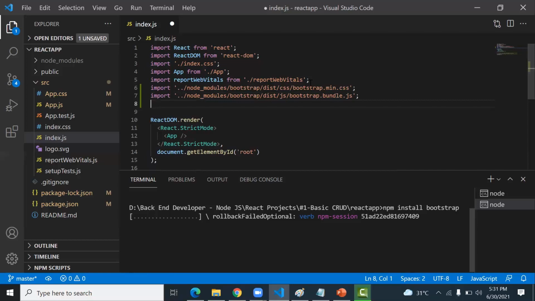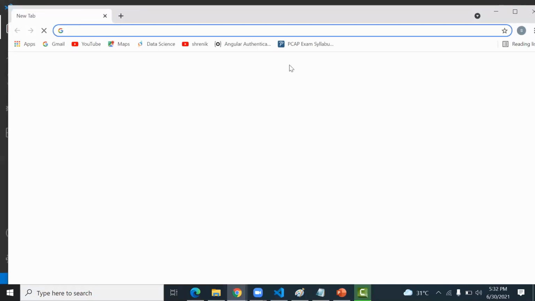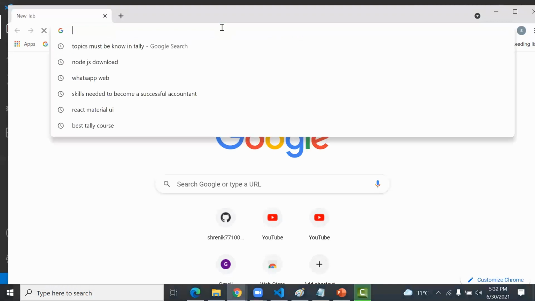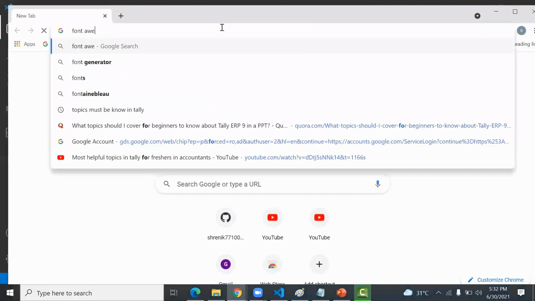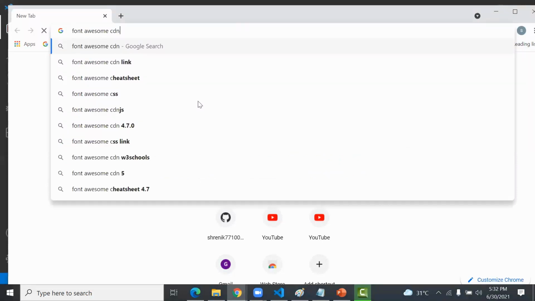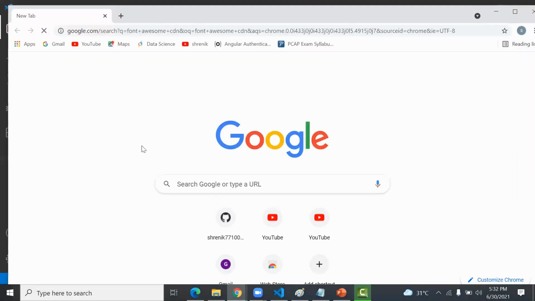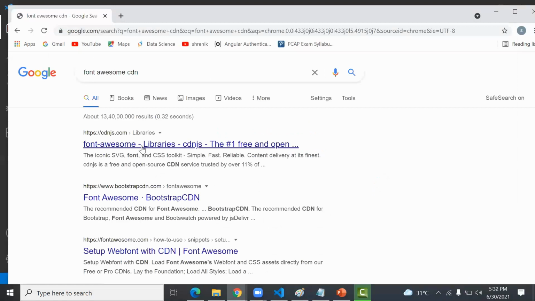There is a font library too. To use the icons, copy the CDN of Font Awesome. So if you search here Font Awesome CDN, then open only the first link and get the CDN.